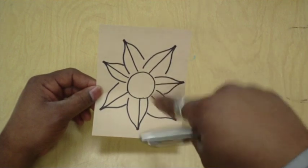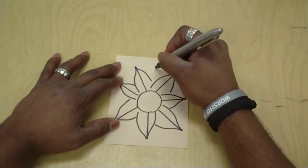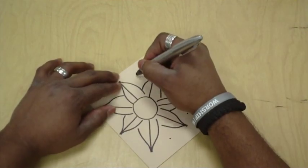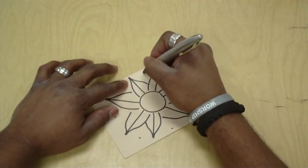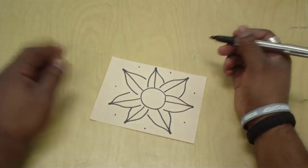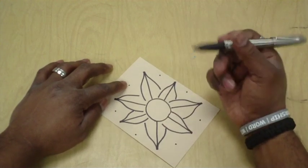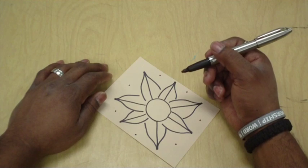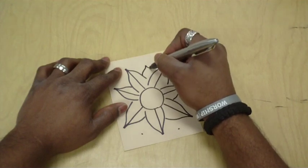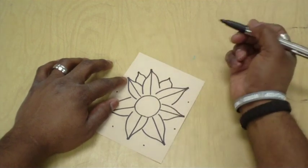Now, if you wanted to make a second row of petals, it's going to be as easy as making dots in between each one of these petals, and then starting at those dots and making more lines going down. Okay, so let me show you what I mean. I call these dots guide dots. They help you put your lines in the right spot. So starting from the guide dot, you're gonna draw more petals like so. You're gonna do that on each guide dot,